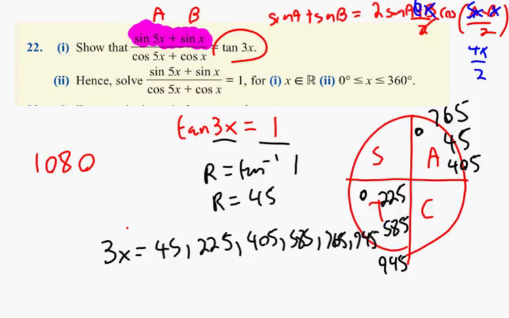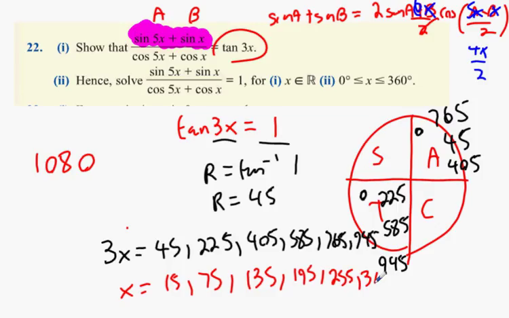Okay, divide by 3. What you get? 15, 75, 135, 195, 255, 315. Merry Christmas. Now,